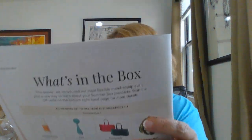So we have this cute pink kind of silicone speaker, and it has the USB on it and a handle. So really cute. So happy to have that. And again, that was only a $15 item. So that would be fun, even if I just use it when I'm out on my terrace. I just thought that would be cute to have. So that was that. Now, on our third customization,